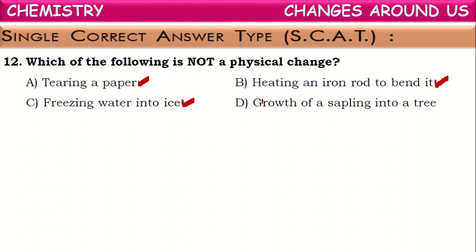Next, if you see growth of a sapling into a tree, from a seed, that converts the small tree into a big tree. The change is known as a chemical change because so many chemical reactions occur in the conversion of the sapling into a tree. So it is one of the chemical changes. It is not a physical change. Okay. Next,